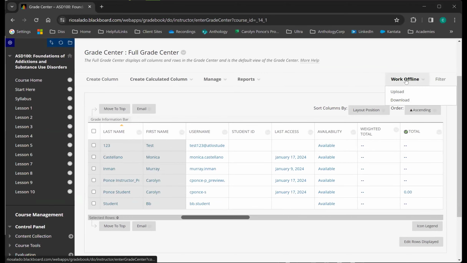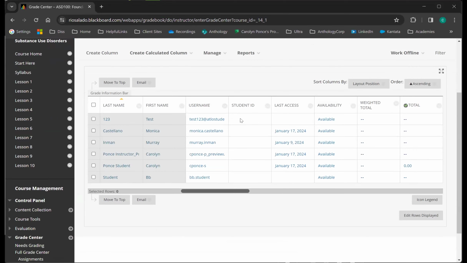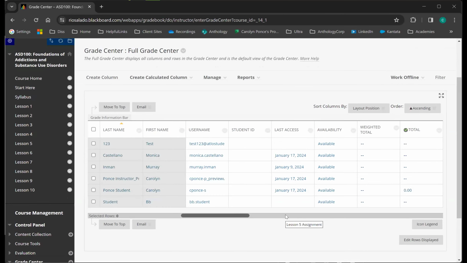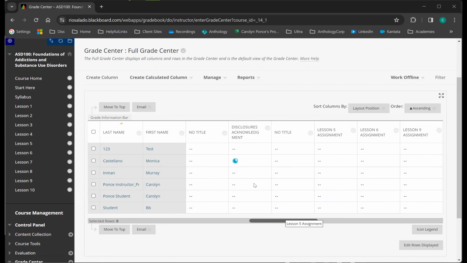So there's our work offline button. If you want to download your grade book and work in Excel, you're able to. And be aware of rules. This may not actually be allowable by any of your institution rules. So if it's not, always work with your department chair and ask. Okay, within the Excel sheet itself, and I know I'm calling it Excel sheet, but it's that grid view that you can work with in the grade book.